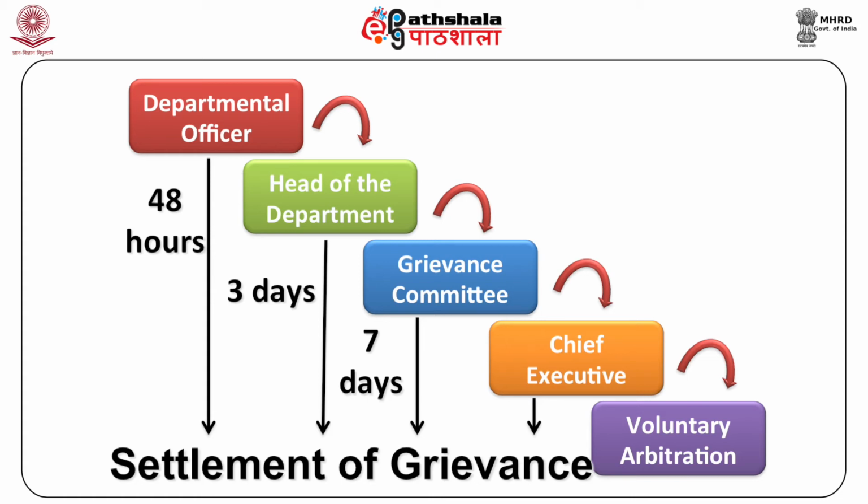Third, the matter can further move to the grievance committee and they need to give their reply within 7 days of the complaint. Fourth, an appeal can be made for revisions to management if the committee fails to take any decision. The management should communicate the decision within 7 days of the worker's revised petition. Fifth, if the employee is unsatisfied with management's decision, union and management may refer the grievance to voluntary arbitration within a week of the receipt of the management's decision by the aggrieved employee.